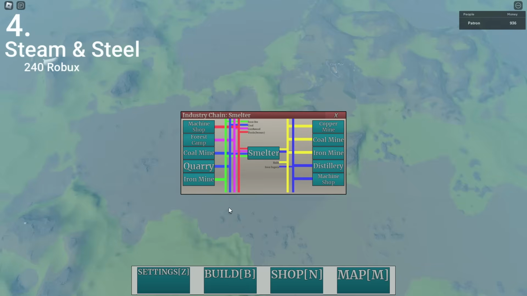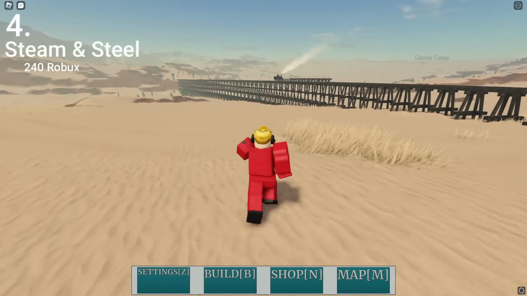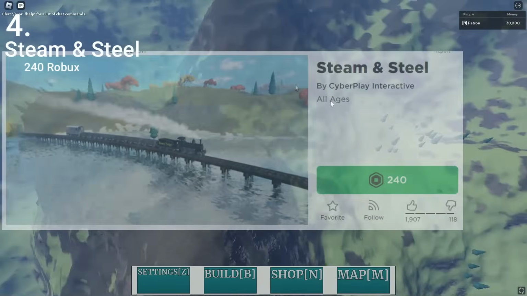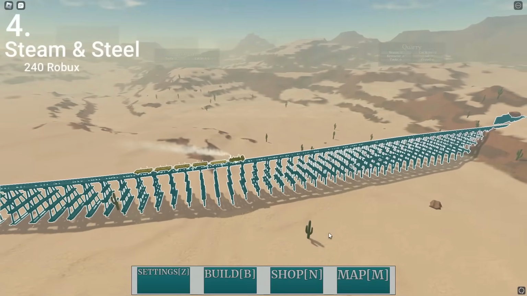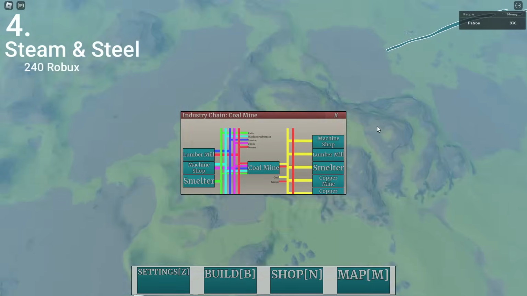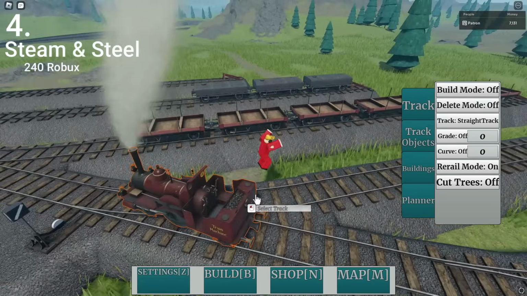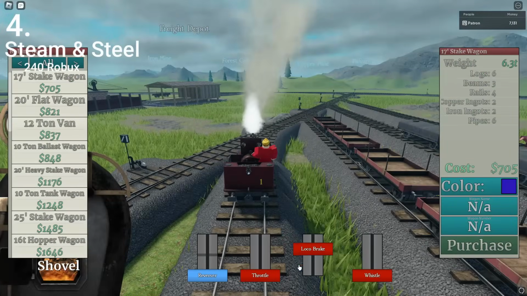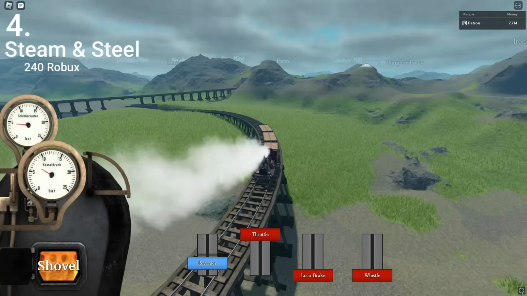Managing resources and exploring interesting regional themes are highlights, especially when enjoyed with friends, albeit at a relatively high cost of 240 Robux. Frequent updates and a passionate fanbase contribute to the game's ongoing appeal, evident in the creation of impressive railways. However, the steep learning curve and inadequate tutorial explanations, particularly concerning essential features like re-railing, pose notable challenges for new players. Steam and Steel holds promise, but requires refinement, and definitely some clearer tutorials to fully realise its